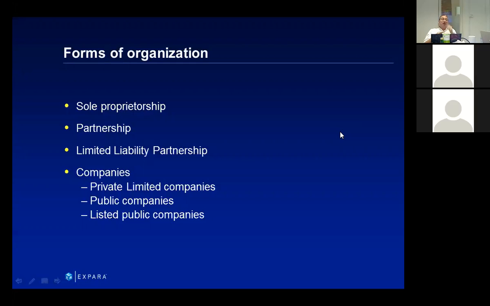So shareholders can never be subject to financial claims by creditors of their company for anything more than their contribution to the company. Meaning, if we invested $100,000 into this company, we can never be held liable for more than that, and only the company can be held liable. Shareholders don't have any financial liabilities for companies that they invest in. That's what limited means. So limited liability means that the liability stops at the company level, not the shareholder level.